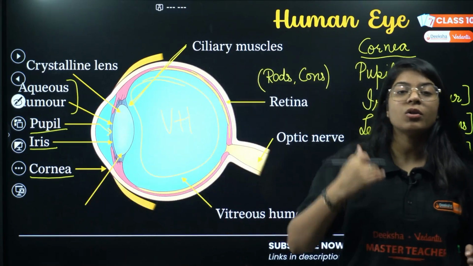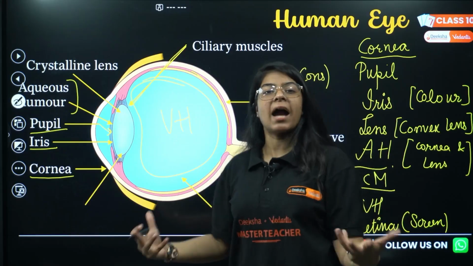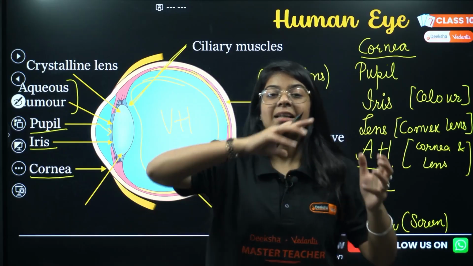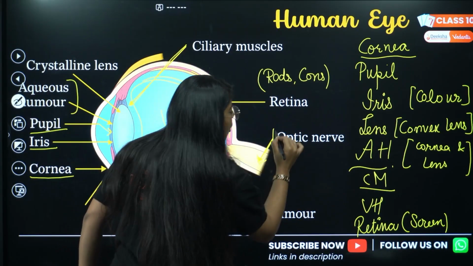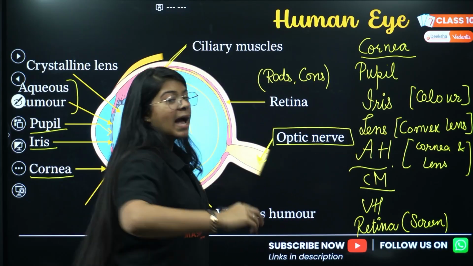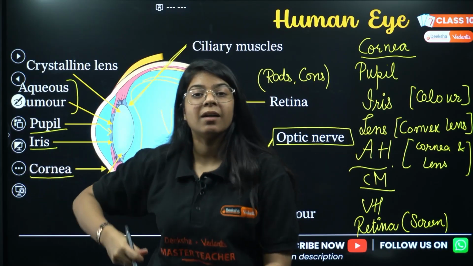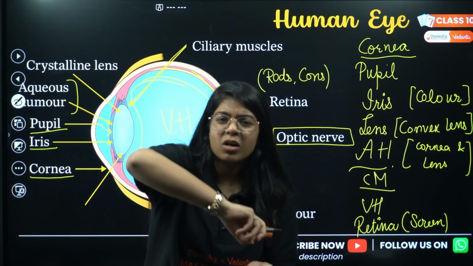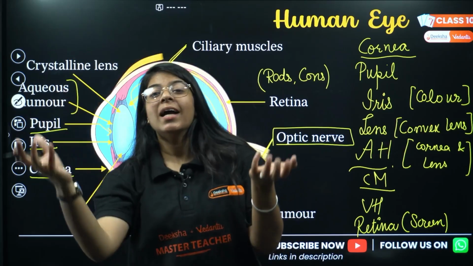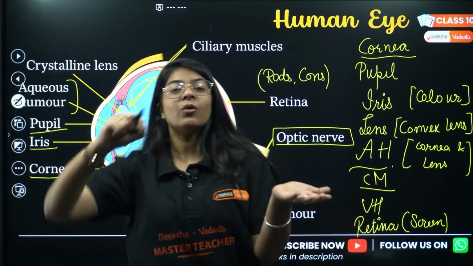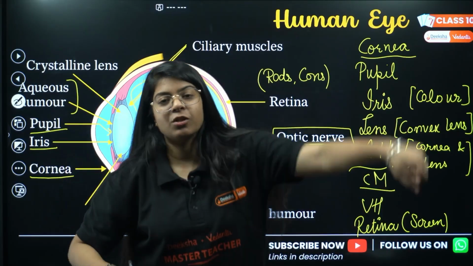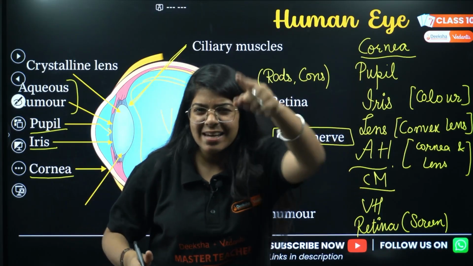Whenever light falls on these cells, they get active and pass the information to our optic nerve. As the information reaches the optic nerve, it converts the light signals into electrical signals and passes them to our brain, where the brain tells us, yes, these are